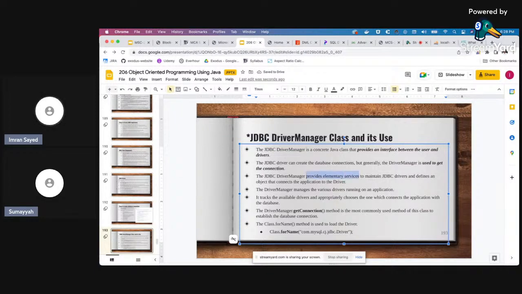Provides elementary services to maintain JDBC drivers. Maybe important. Defines an object that connects the application to the driver. Manages various drivers. Tracks the available drivers